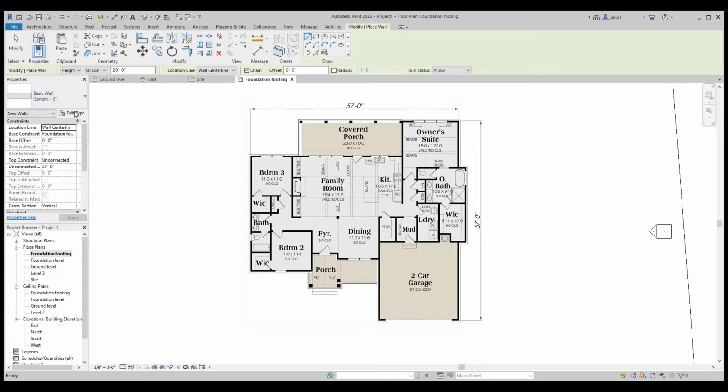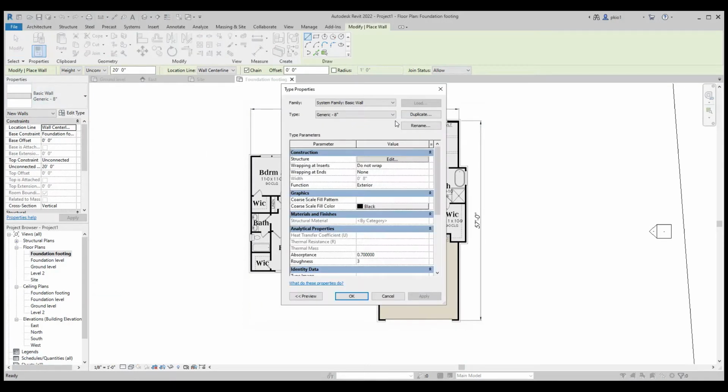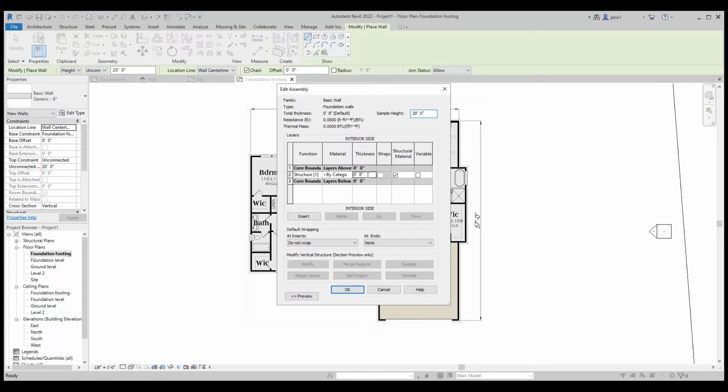To make our foundation walls, we'll go to Edit Type and Duplicate. And we'll name this foundation walls. So, okay. Come here to edit the thickness of the wall. We want these walls to be 6 inches thick.